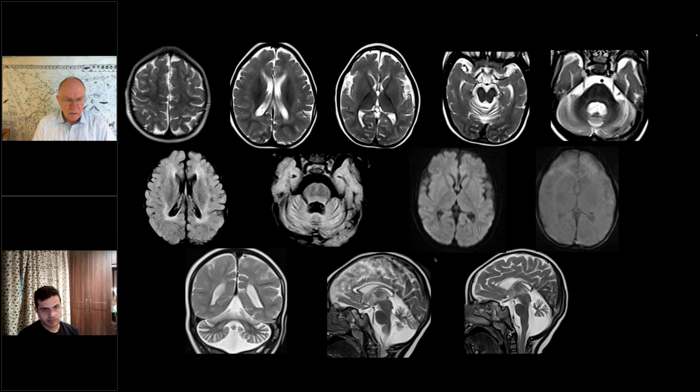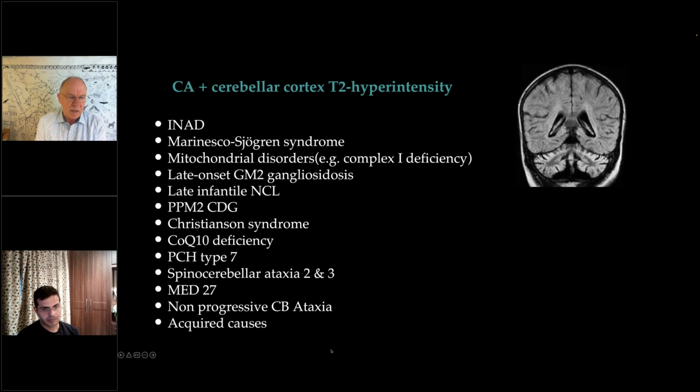Can I add to you? We have discussed this before. This is a male with microcephaly and seizures and an Angelman-like presentation with cerebellar atrophy and cortex hyperintensity. This would fit very well to Christianson syndrome. This would be my first bet. This is an X-linked disorder. You can look in OMIM